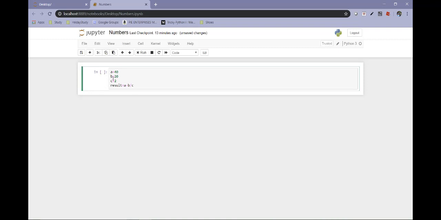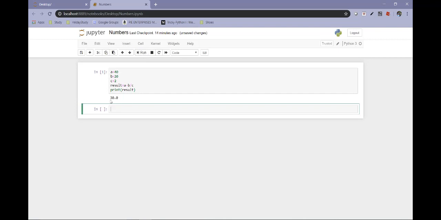So if we have multiple operators in the same expression, then in that case the precedence and associativity of operators is applied. So in this expression, first slash will be evaluated and then minus will be evaluated because slash or division operator has higher precedence as compared to subtraction. So first 20 slash 2 will take place, which will give 10, and then 40 minus 10 will take place, which will give us 30 as result. So let's print this. We should get 30 as our answer. So let's run this.